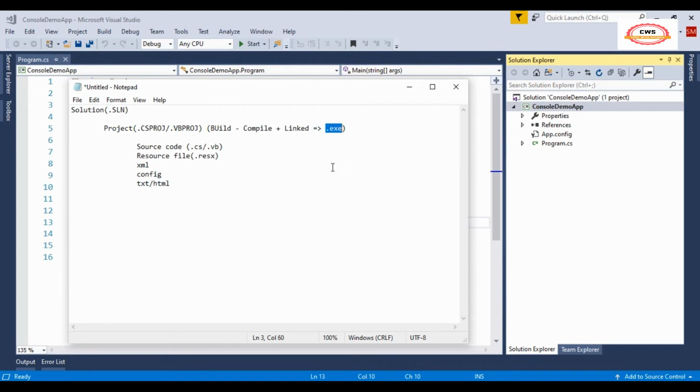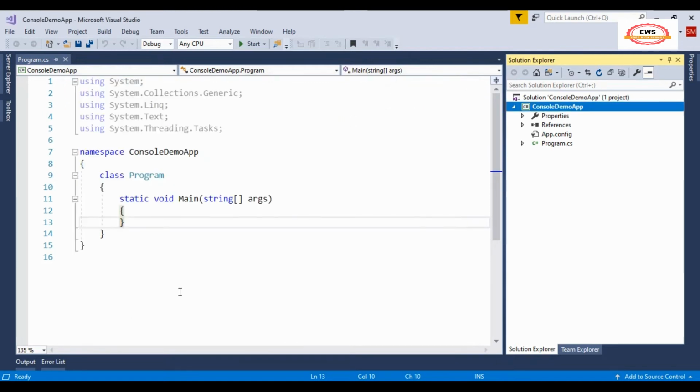We will see in this video how we are creating that exe, and when we deploy or run the application, we just need to execute this exe. Okay, so I think this part is clear. So now let's go to the